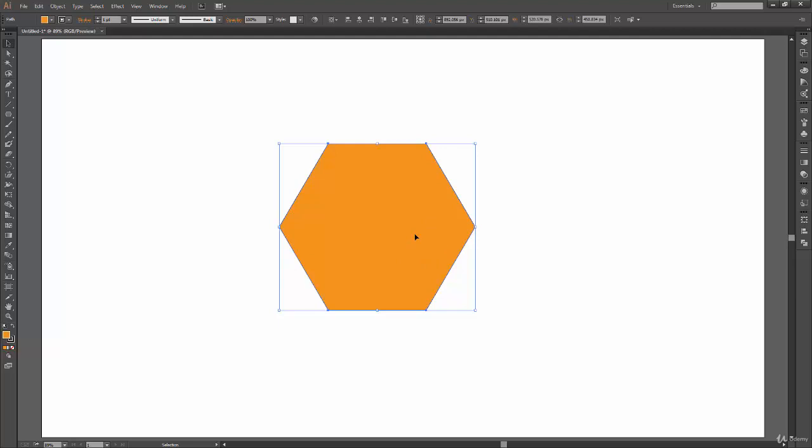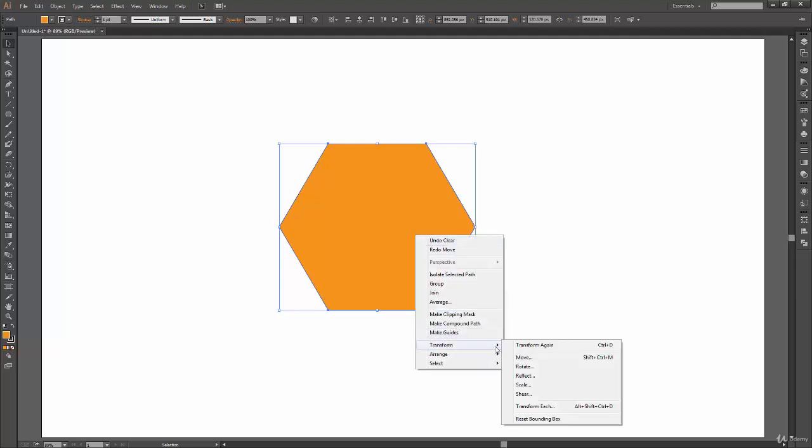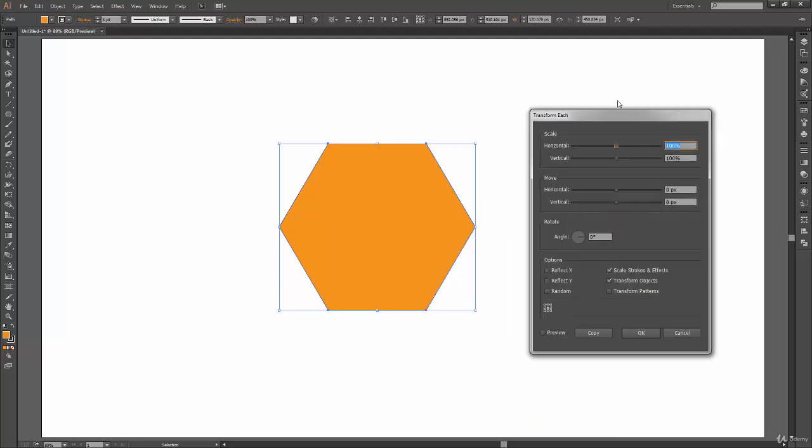Okay, let's see the next option we have, which is transform each. The shortcut key for that is Alt Shift Control D, which is kind of the entire left side of your keyboard. So instead of using the shortcut key, I just prefer to click on this submenu.